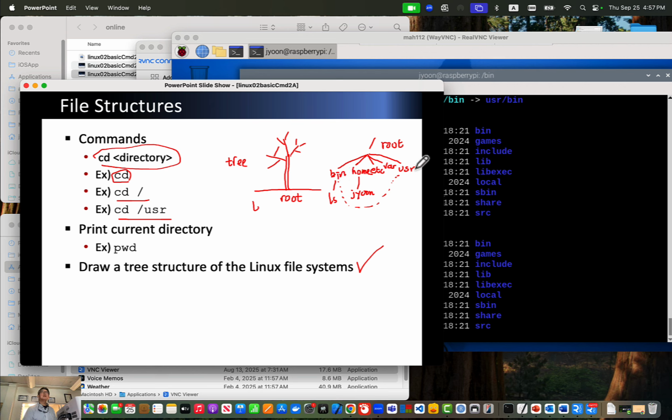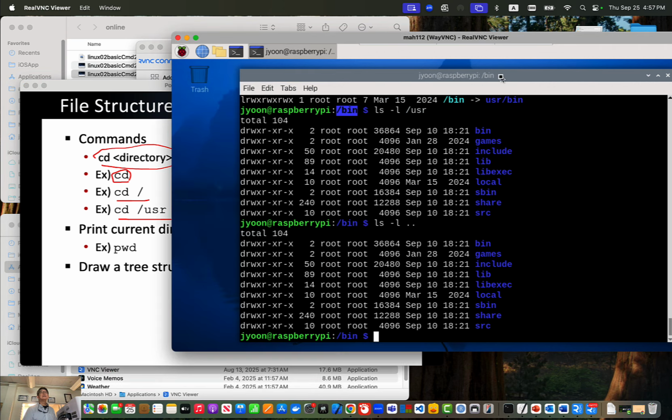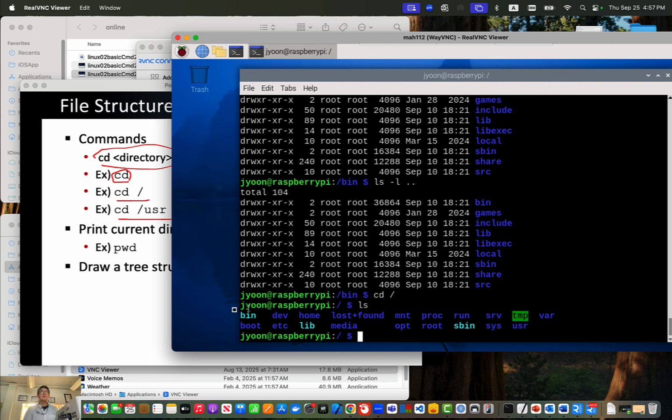What usr contains is also contained in the bin directory, because there is a symbolic link. You can do that step by step. Go visit bin. Therefore, this is, let's say, sky blue. That is a symbolic link,